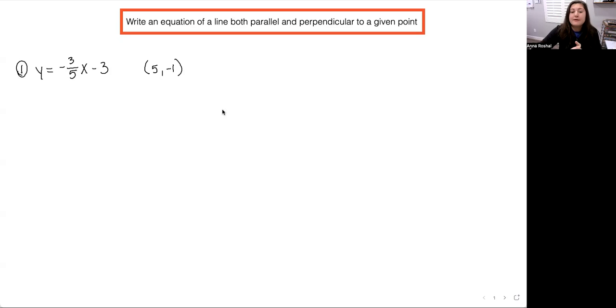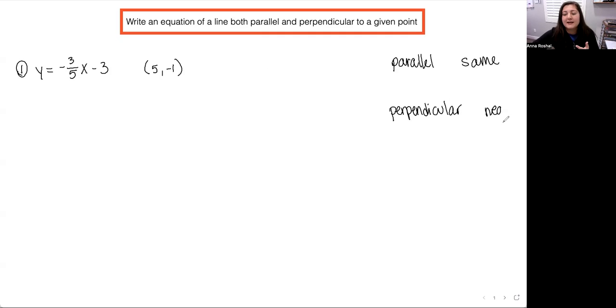The very first thing we're going to need to do is find the slope. And before we find the slope, we need to remember that parallel lines have the same slope, right? And perpendicular lines have negative reciprocal slopes. So when I say negative reciprocal, I mean